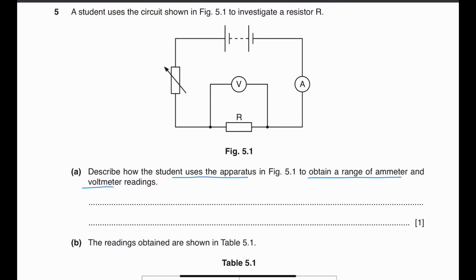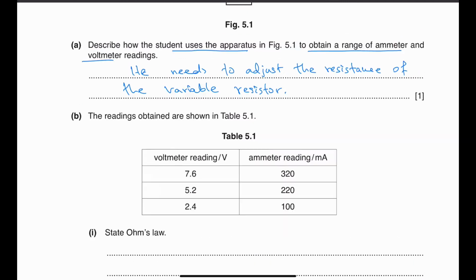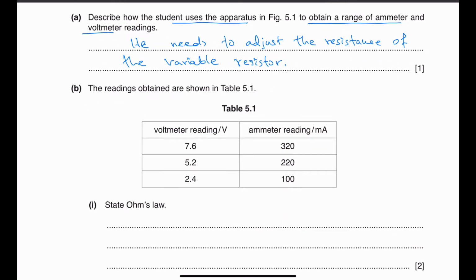Well, what you need is to adjust the value of this variable resistor. As you adjust its resistance, the readings on the ammeter and the voltmeter will change automatically. So he needs to adjust the resistance of the variable resistor. Alright, now the student obtains a bunch of readings, and here are the readings of voltage and current given,